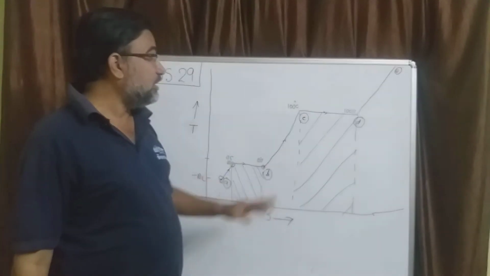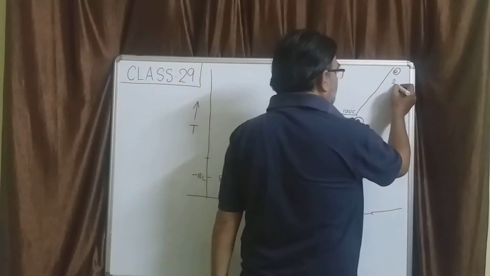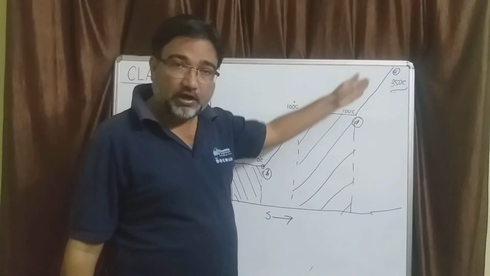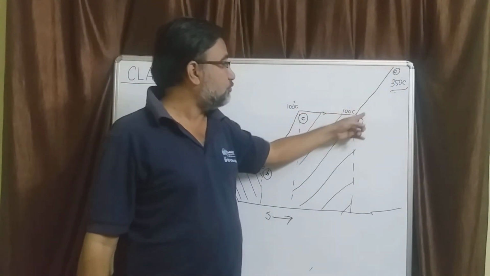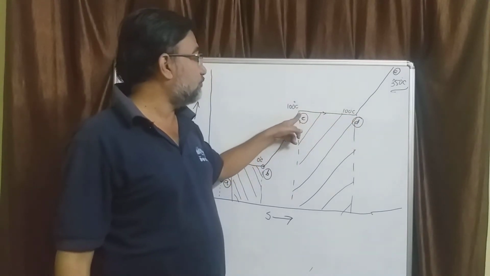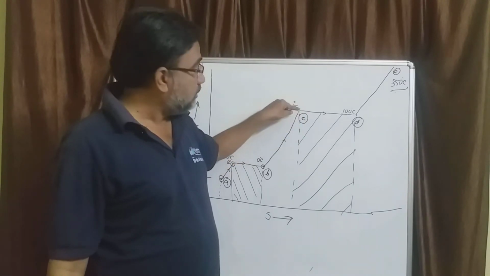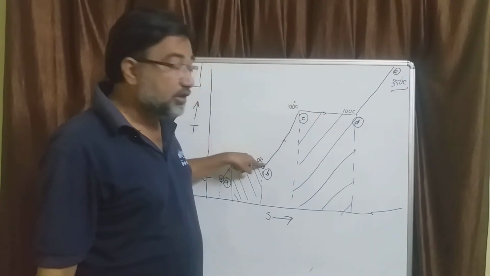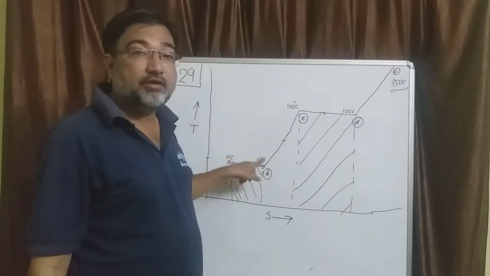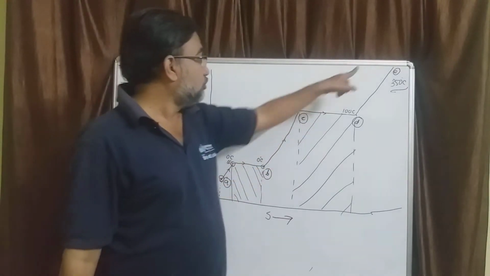Similarly, if you are cooling steam, suppose you have steam at 350 degrees centigrade and you start cooling it, how will it come? It will follow the same path. It will come to 100 degree centigrade. Then at 100 degree centigrade, the condensation will start from D to C. Then the whole of the steam will get condensed. It will become water. Then the water temperature will keep decreasing till it reaches 0 degree centigrade. At 0 degree centigrade, the fusion, or rather the solidification, will start, and it will become ice. So it will come this way.